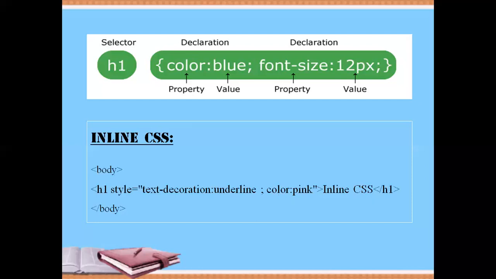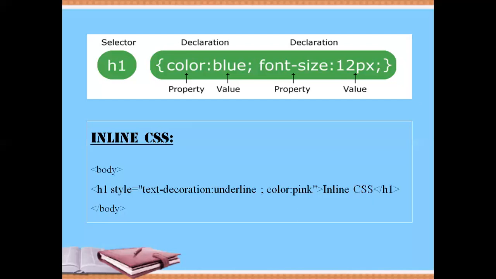After closing the tag, display the text to which you want to apply these properties, close the tag and then close the body. So H1 style is equal to, this style attribute is important in inline CSS and all the properties are enclosed in double quotes. This part you have to remember.